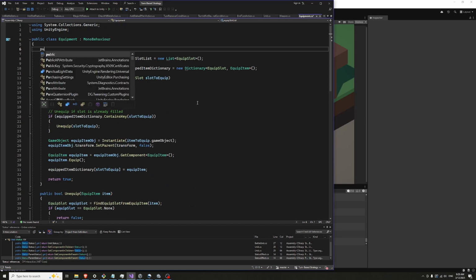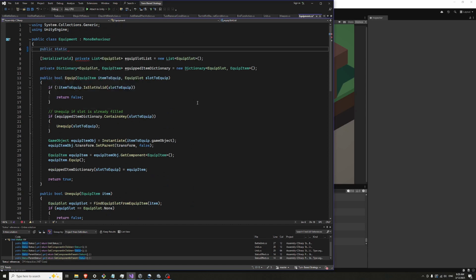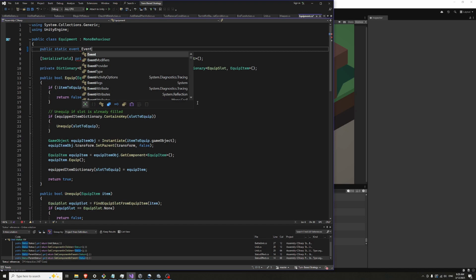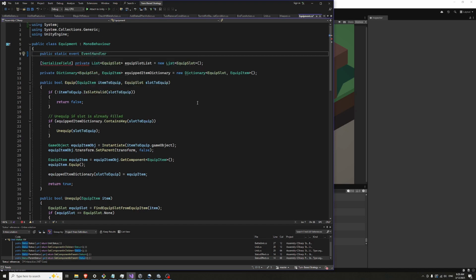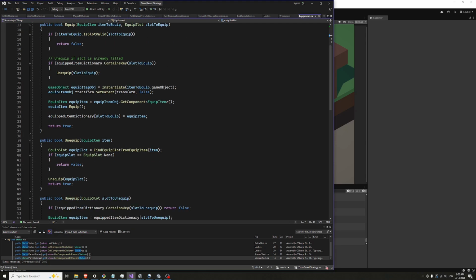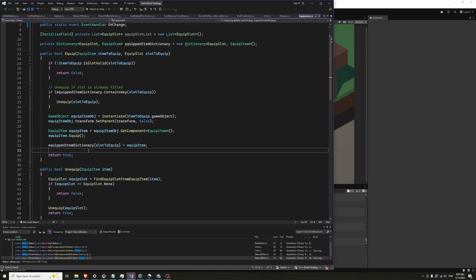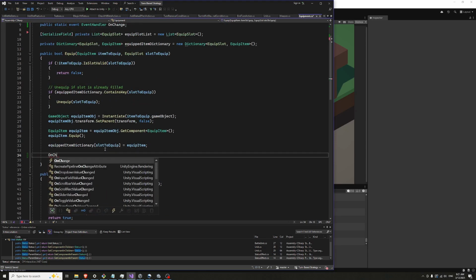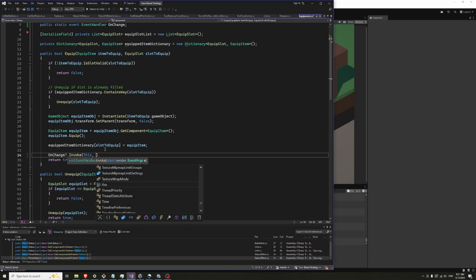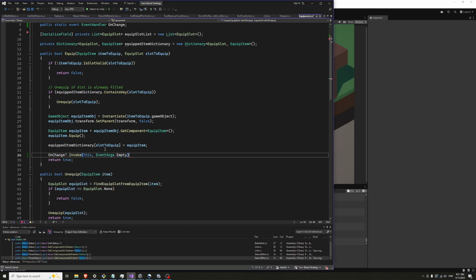You know what, I'll add in just a possibly temporary event. On change. So when his equipment changes, yeah, on change is probably fine. So only do if it's true. So on change, invoke this, and then event args.empty,